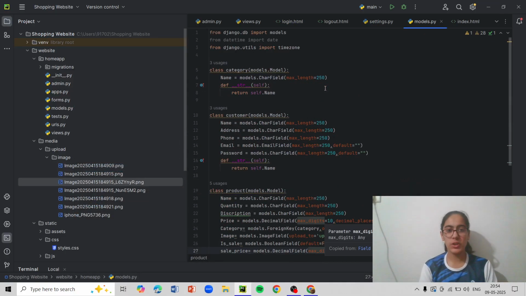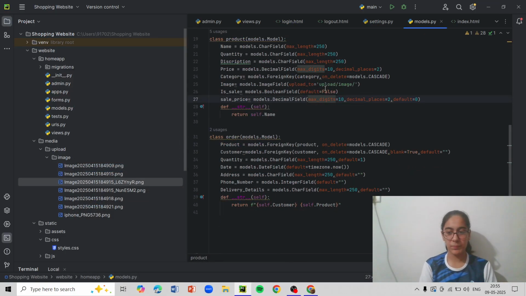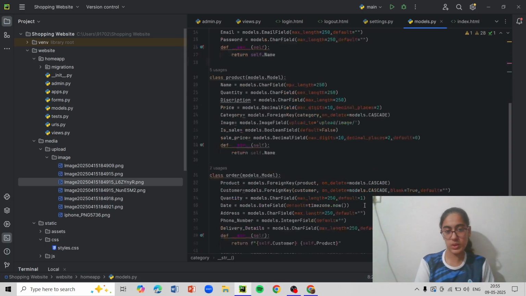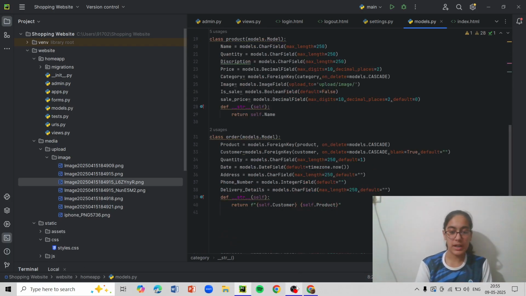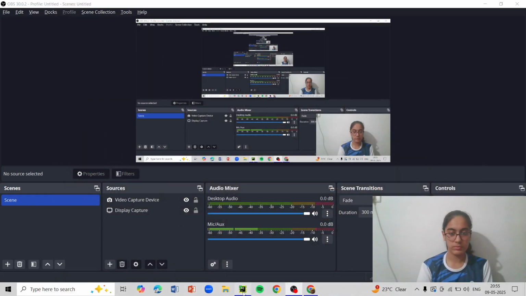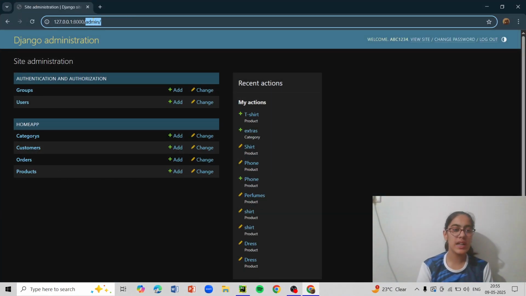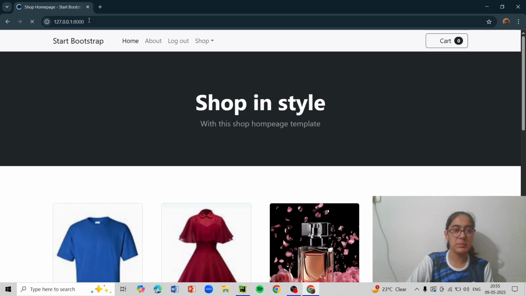So firstly I want you guys to see this code once more. Over here you will see that there is from django.db import models, all this. I told you this once before as well, what it all means. So now back to here. Here we go. I'll just remove this admin to show you the website as it is.